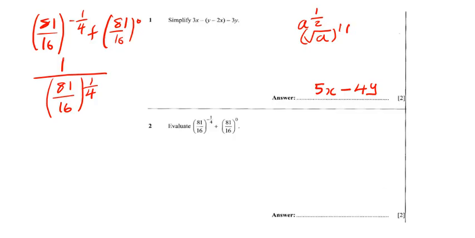Having this in mind, our work will be much easier. So the question will be 1 over the fourth root of 81 over 16 to the power of the numerator, which is 1. And then if you are to simplify this,